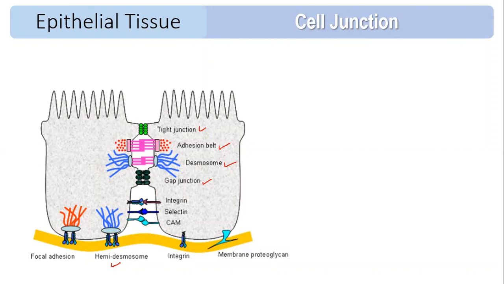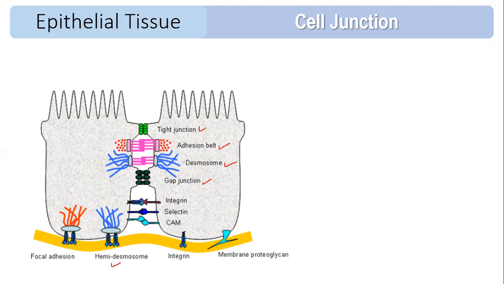So the first junction is called the tight junction. If you observe, the tight junctions are located at the apical end. The apical end is toward the upper end, right? So what is the function of the tight junction? They are going to maintain the cell polarity. They are responsible for the proper arrangement and proper orientation of the cell. So the very first function is maintaining the cell polarity.